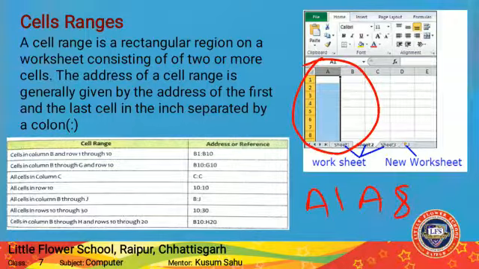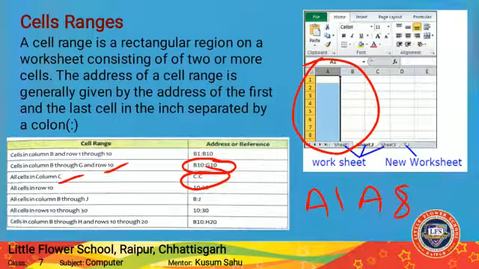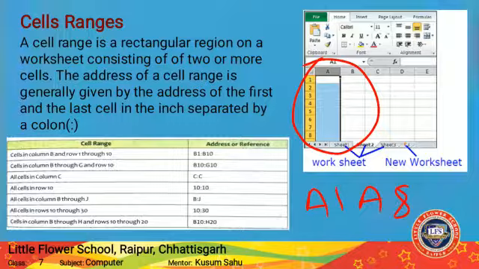After that, cells in row 10 through column B to column G, how will we represent that? B10 and G10, means the range from B10 to G10. After that, all cells in column C, how will we represent it? C:C. We will just write C:C, and it highlights all rows from 1 and so on. After that, all cells in row 10. If we have to take all of row 10, we will write 10:10. It shows all the cells of row number 10.